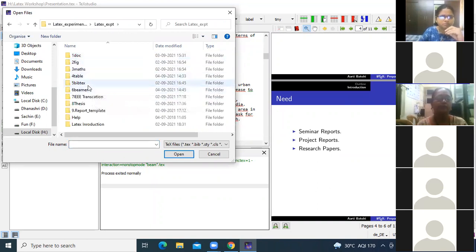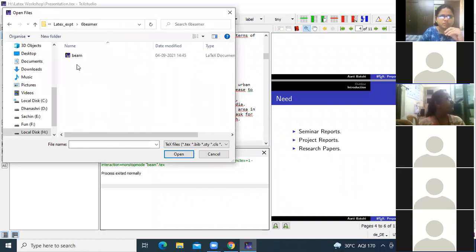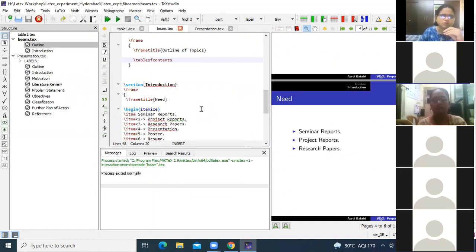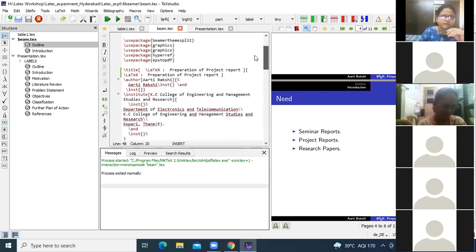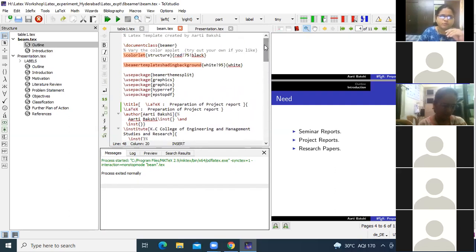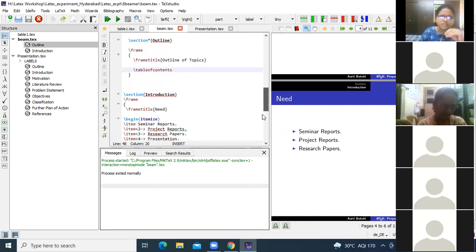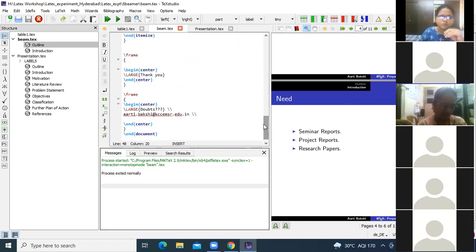We are done with BibTeX right now. Now the next experiment is the beamer. Please concentrate, because this is the most important one, as it is going to create the presentations or slideshows for us. Every time you present your ME thesis or BTech thesis, or whatever you need to present,